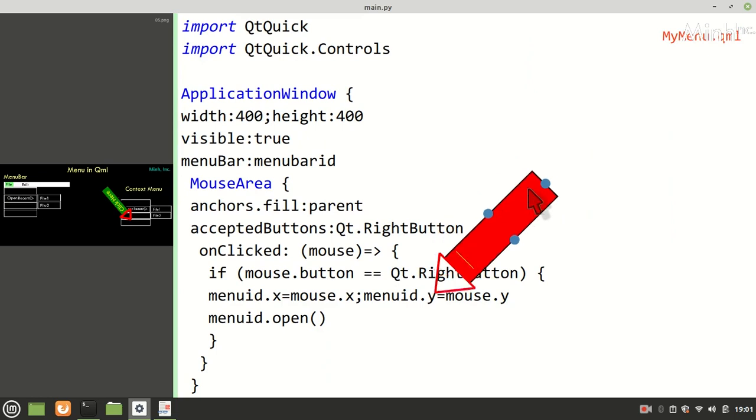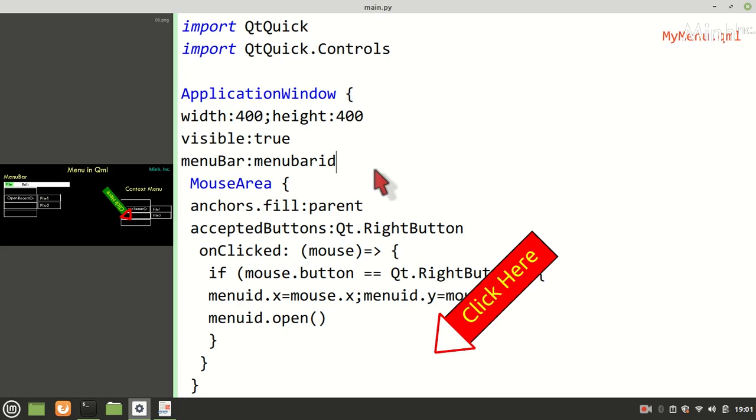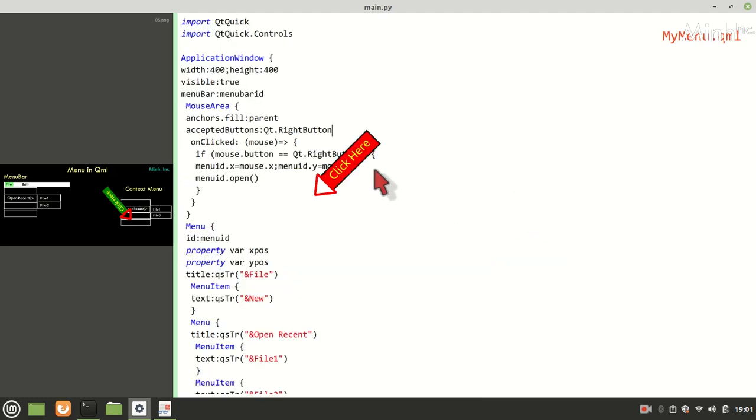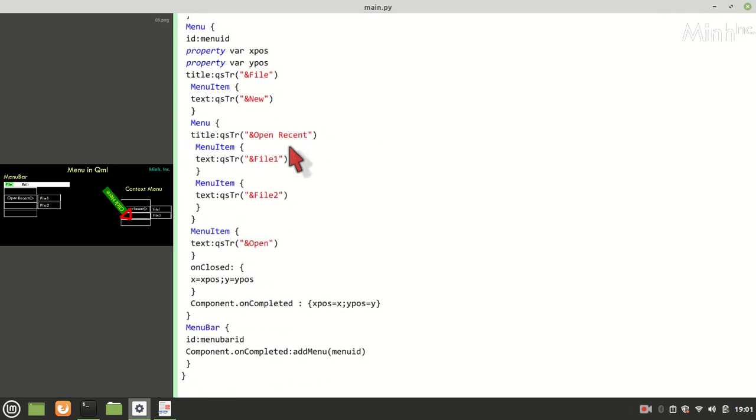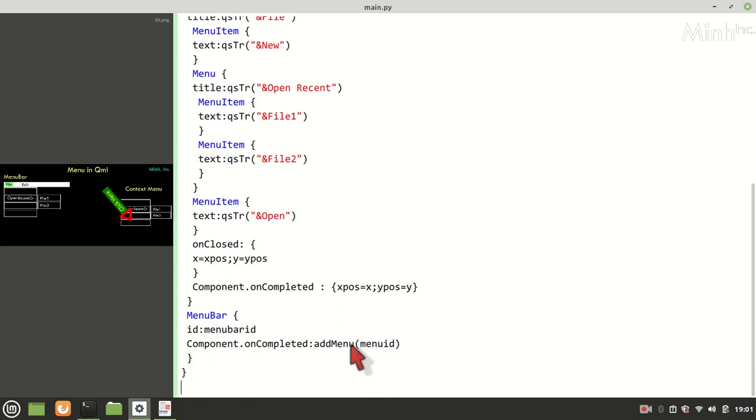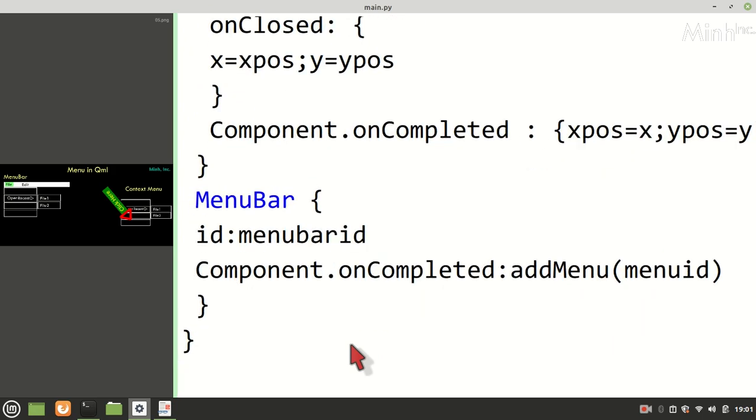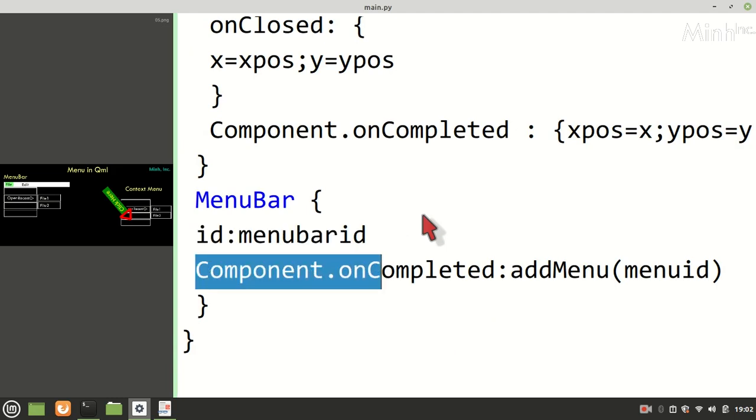Now we have one menu which has an ID, and this menu is used in the menu bar and in the context menu, that is menuId open, and in the menu bar we have added this menu.